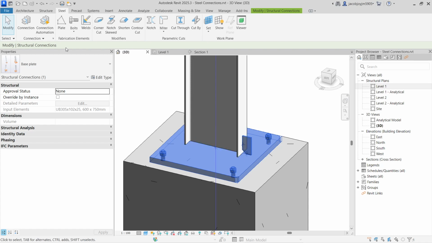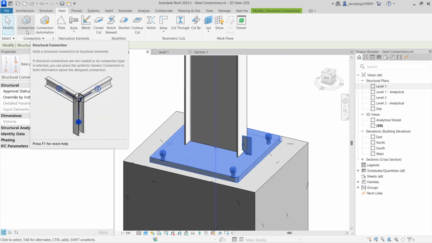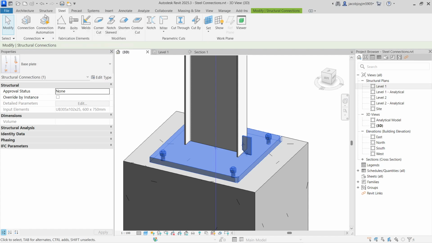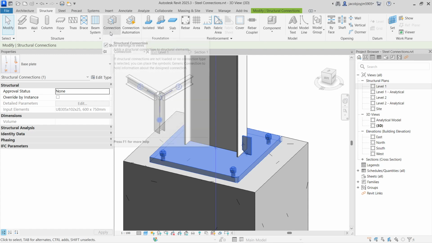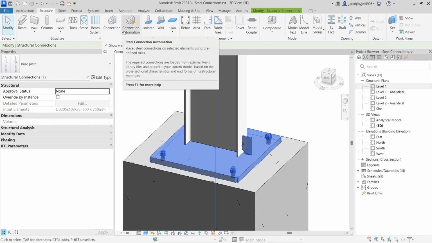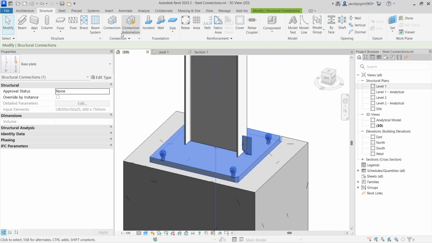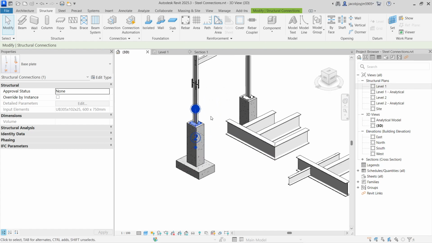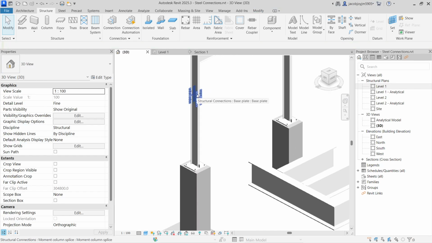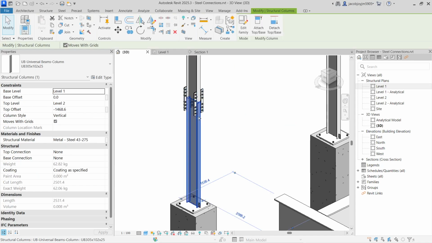The first panel is for connections. You can see the same thing in Structure under Connections. You can see Connections and Connection Automation. So you know what it is. As a quick recap, I'm going to show you how to connect two elements with the